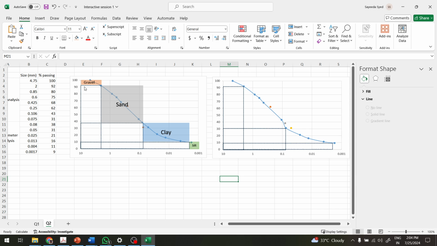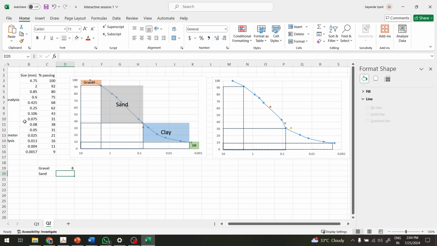So if we see percentage passing for gravel, below, percentage passing gravel is 92%. So gravel will be 8%. And then sand,